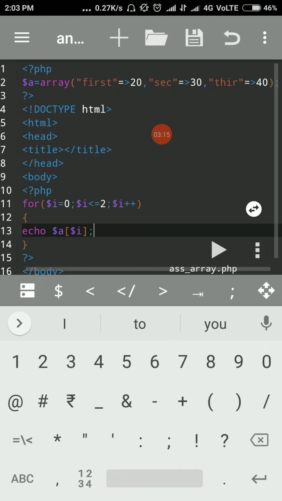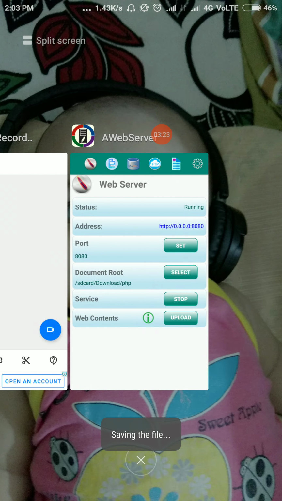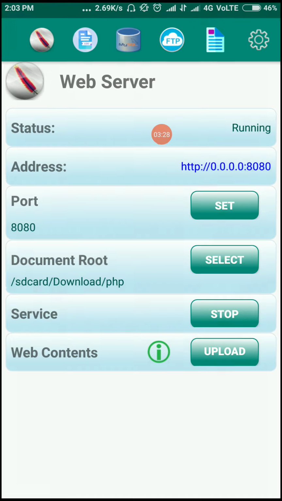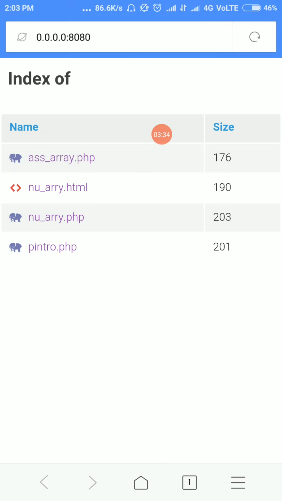So, will this display the associative array? We check that. Save this file, come to the services, and open the browser. Associative array PHP.